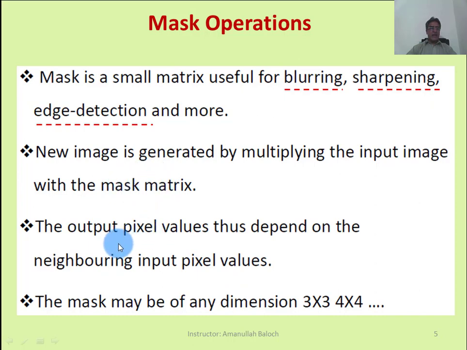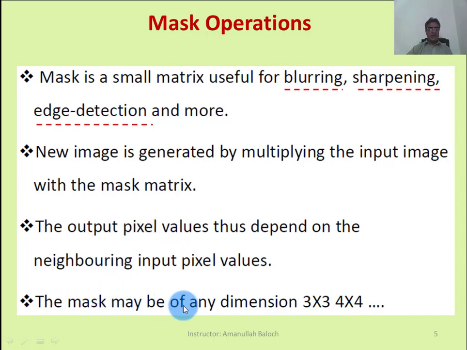matrix, and this mask collects the neighboring pixels: 3x3 means 9 neighboring pixels, 4x4 means 16 neighboring pixels. The mask collects the information from the neighboring pixel values and enhances that specific pixel of the output image.